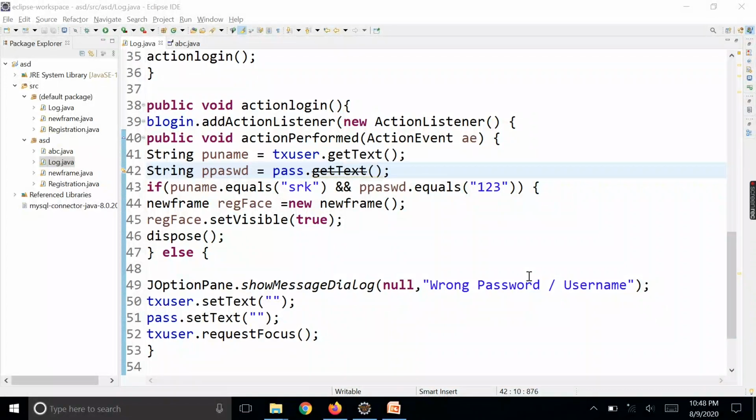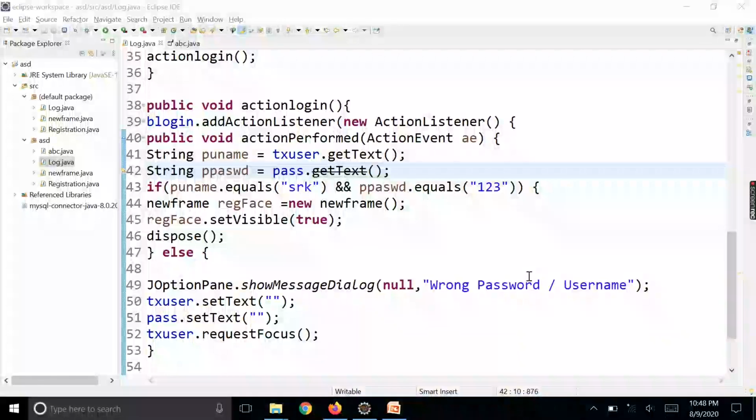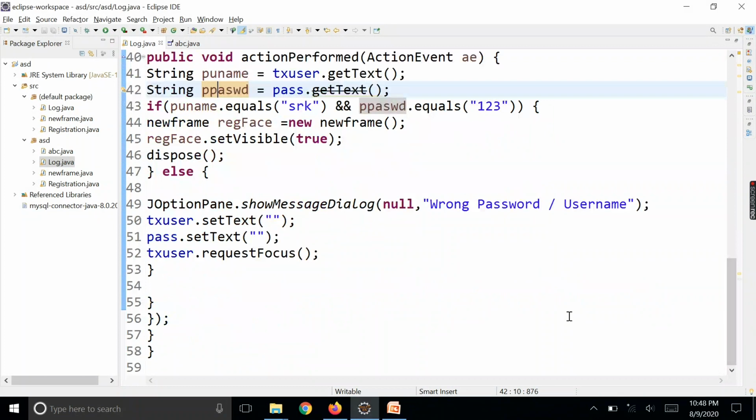Disposing means once we close it, it will disappear, right? Otherwise, if both are not matched, then it will display wrong password or username, and it sets all the username text fields to null. So this is the basic login example that we have.